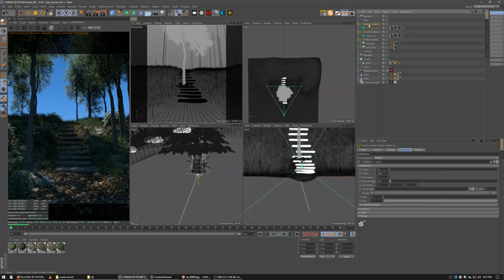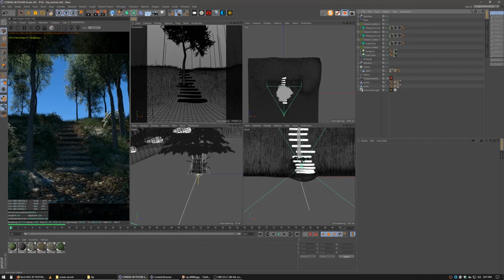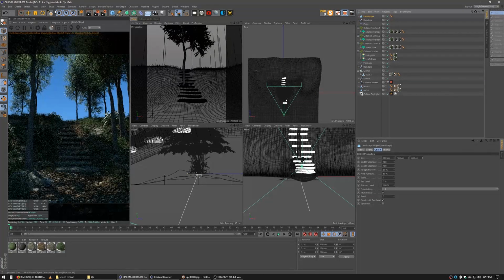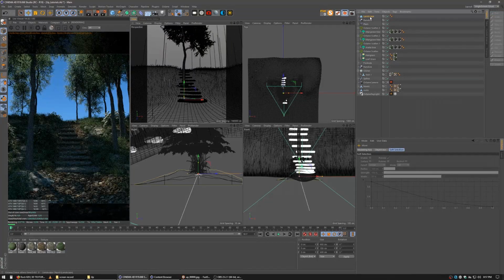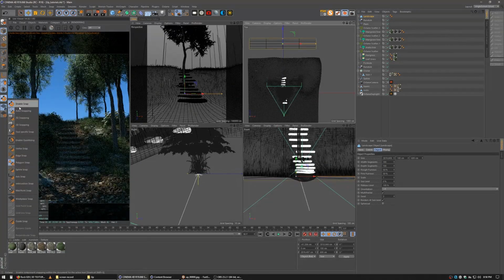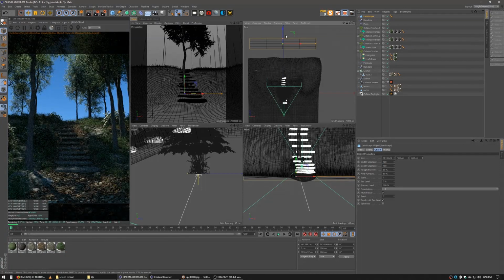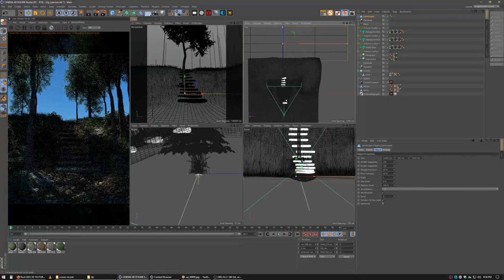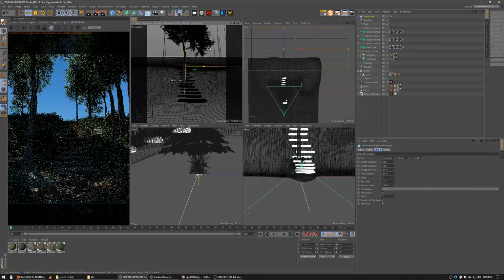And now I'm going to duplicate my scatter one more time. Do a quick save and take a landscape, a generic Cinema 4D landscape. I want to drag it back here. I need to turn off snapping because I still have snap on. And then I'm just going to create a nice backdrop of trees back here